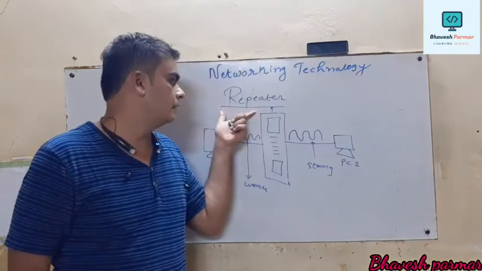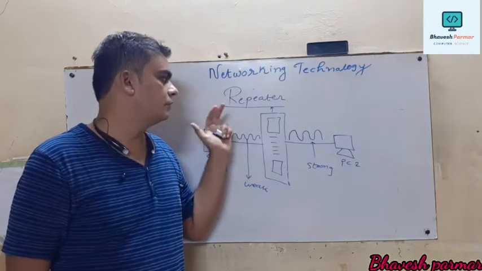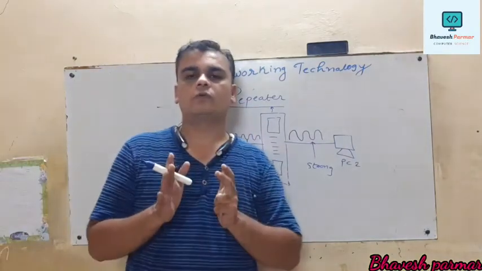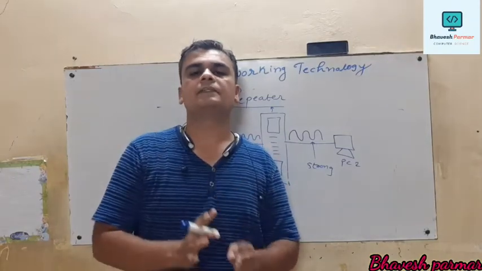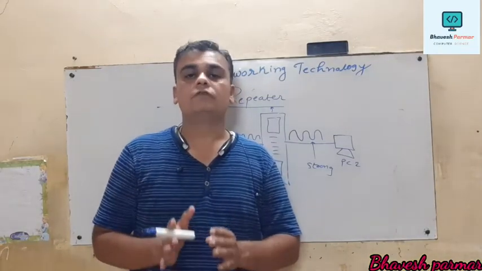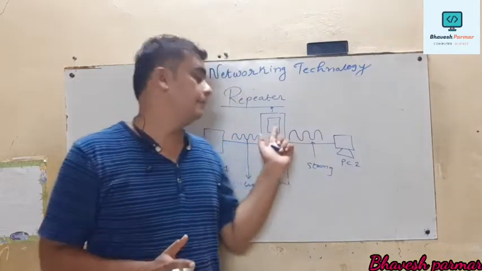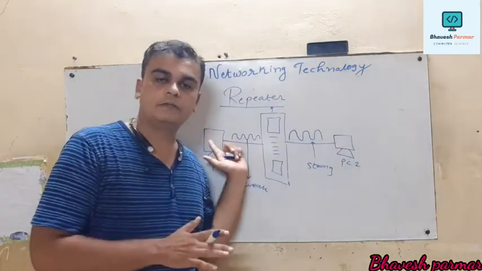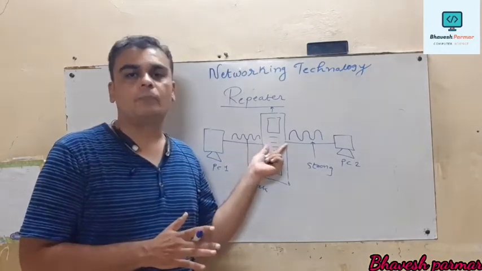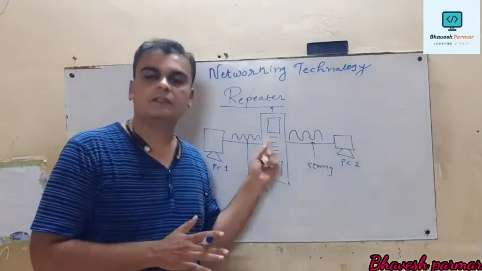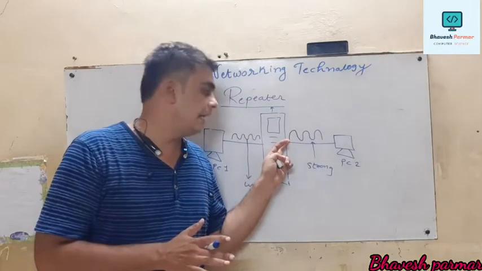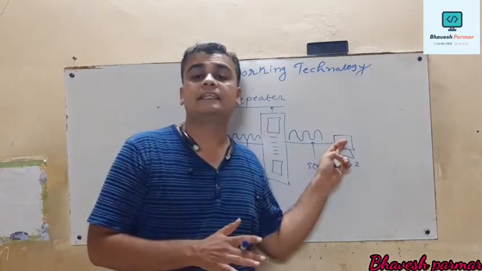So whenever we are going to write down the information about repeater, what is our first point? Repeater is one of the electronic components which is used to extend the network. And what is the role of repeater? Repeater receives the signal from one computer, which is a weak signal, performs a process on it, which means it amplifies the signal, and transmits it to the destination computer.